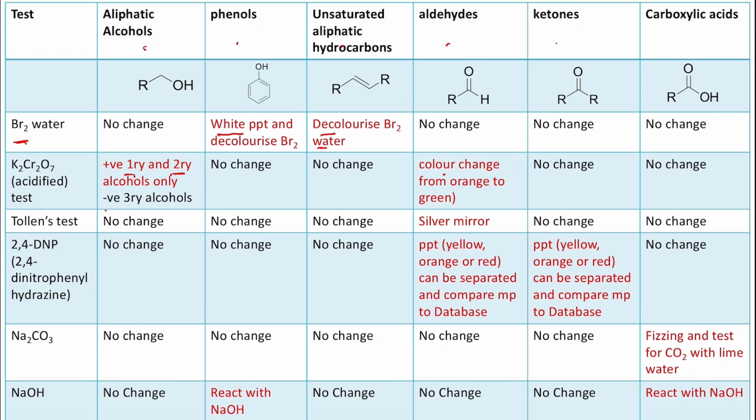It will give you a silver mirror. The 2,4-DNP, or 2,4-dinitrophenylhydrazine, is specific for both aldehydes and ketones. Both of them will give you a precipitate. The precipitate will vary in color depending on the structure of the aldehyde or ketone, from yellow, orange, or red, and it can be separated and its melting point compared to a database to check the purity or to check the structure of your compound. Everything else will give you a negative result because none of them will react with the